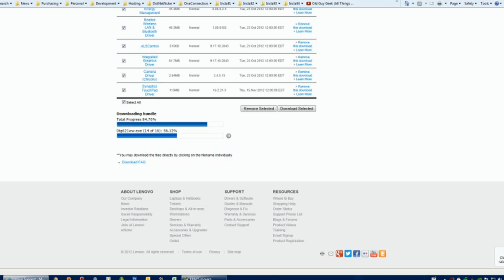So here we are at the end of the download, and you'll see that most of the files are already downloaded, and we're just waiting for the rest. As the progress bar goes here, some sites have download managers or separate windows. This is already built into the page and does all that, so I really like that. Anyways, I'm going to take these files and move them to the Lenovo folder.